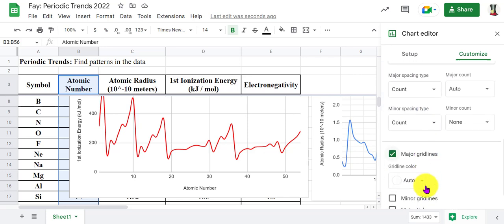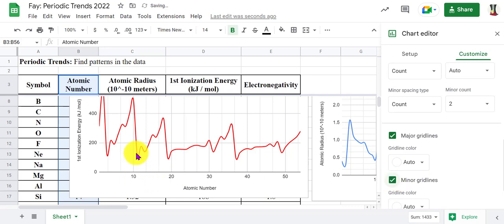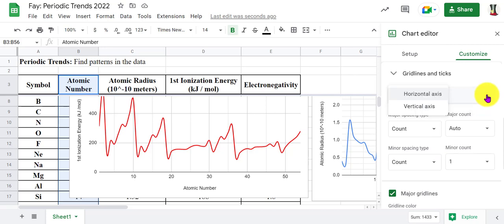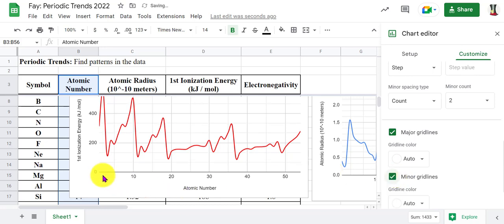All right, we have major grid lines, but I'd like minor grid lines, and you'll see that it snaps some grid lines. One thing I noticed, though, is that it doesn't make intuitive sense between 10 and 20 to have two minor grid lines. I think it's better to have just one grid line to represent 15 atomic number, 20 atomic number. I can do that right here on the minor count. I can select 1, and to me that makes more intuitive sense. 10, 15, 20. All right, once I have my horizontal, I can move to my vertical, and I can add minor tick lines, minor